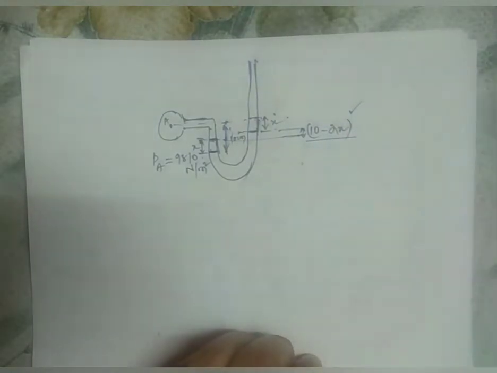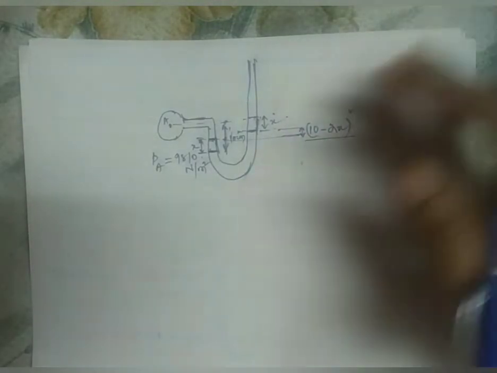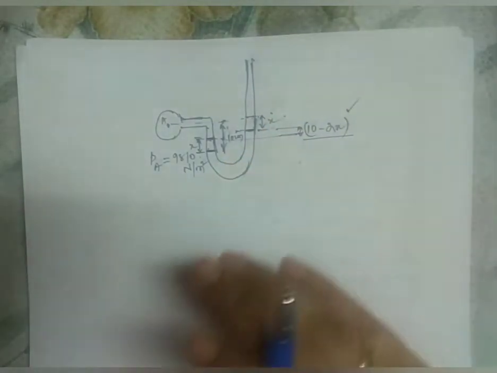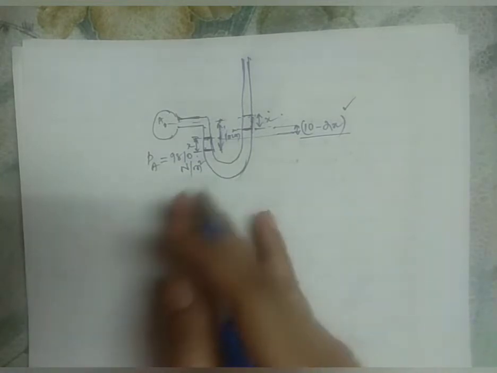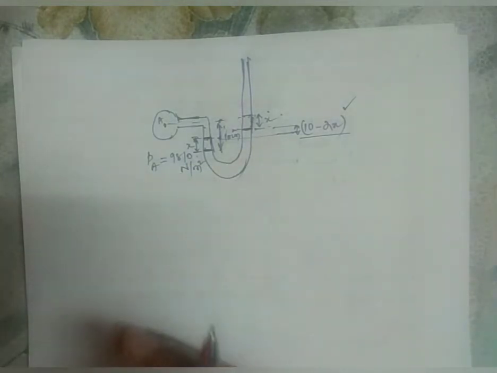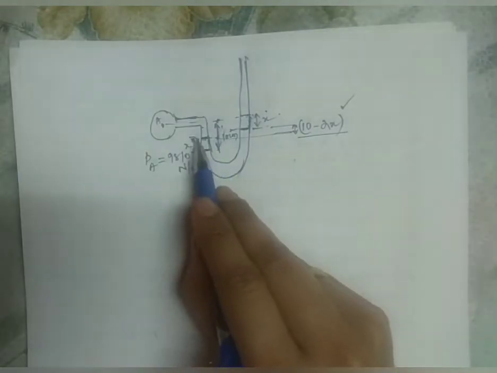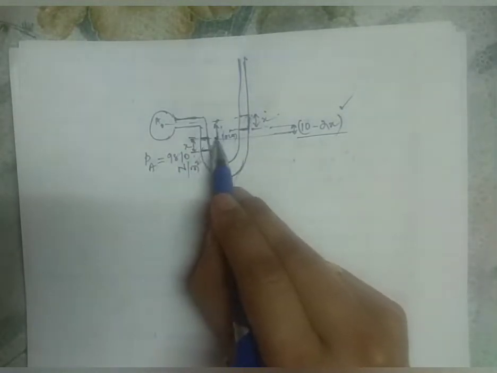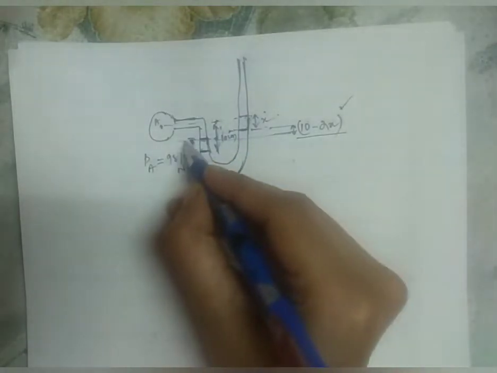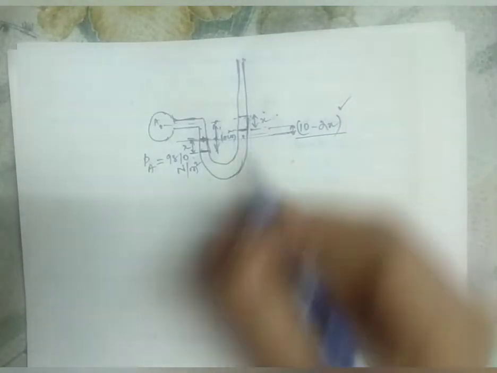So this height you have to find out. I hope this part is clear to you all. After drawing the figure, it is very easy to solve this type of problem. Simply you just have to equate the pressure at the right and left limb of the datum line. That's all. For this purpose I am drawing the datum line here. So here you can see that this is the new line or level at the left limb. So I am drawing the datum line over here, and I am equating the pressure over here and the pressure over here.